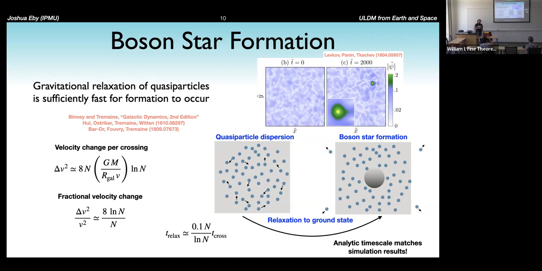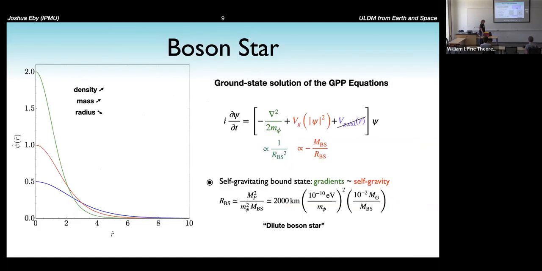Yeah. And how do you define the boson star, the axion star, when it forms? Do you define it just by the density or just by the profile? So they can fit the density profile of this thing to the analytic profiles of this one that I showed you. And is there some criterion that you have to satisfy to call it a boson star? I'm sure there's a precise criterion, but